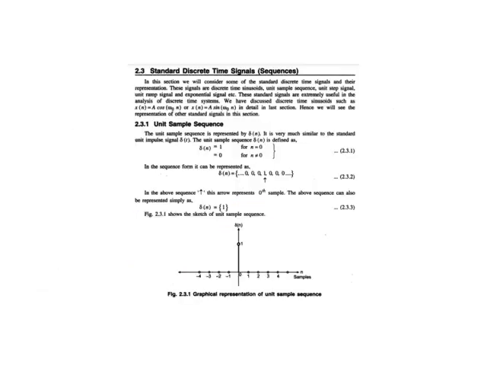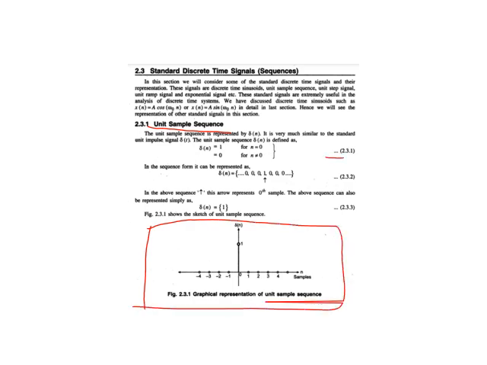Now there are some standard signals as we have discussed in unit number 1. First one is the unit sample sequence. This is the graphical representation, and this is the functional representation. So what is del of n? It is 1 at n equals to 0, and it is 0 everywhere other than n equals to 0. This is the sequence representation. Okay, functional, sequence, and the third one is the graphical representation.